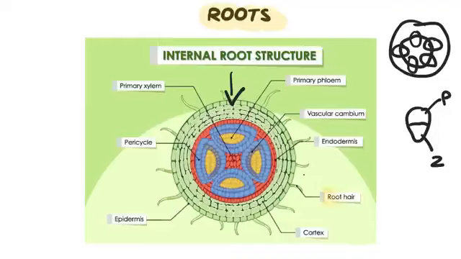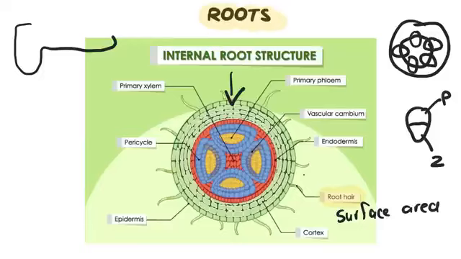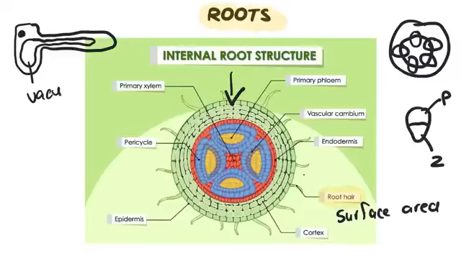Now, I'm going to start off with these root hairs. Now, root hairs are really important because they increase the surface area. That is why we have them. And we need to increase the surface area so we can absorb more. Now, potentially, you will be asked to draw a root hair, and this is sort of what a root hair looks like. We've got our nucleus up in the top corner, and what makes root hairs unique is that they have a vacuole, which is what I'm drawing now, which goes the full length of your